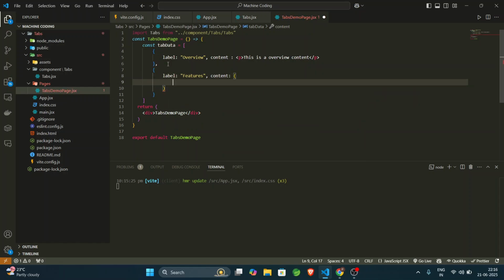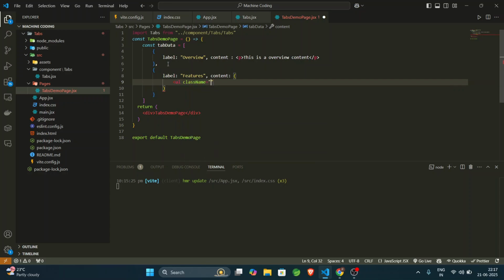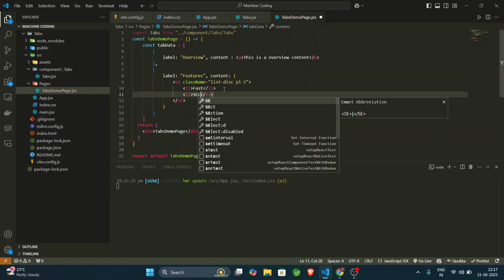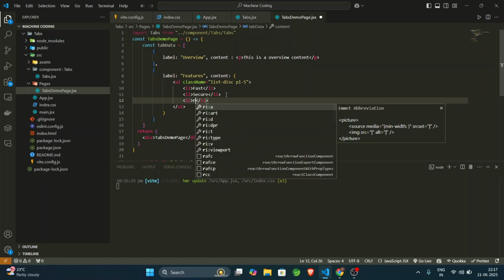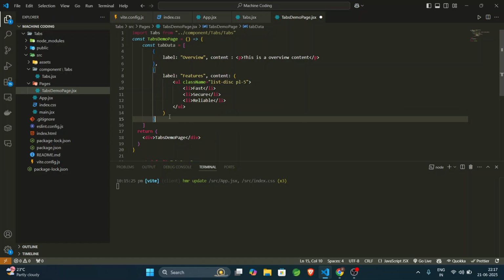you can give any content, like a ul, like you want to render one list. className we can give list-disc, and if we go inside the ul, we will give list items as Fast, Secure, and Reliable. So this one is our another label and content, and now we want to give